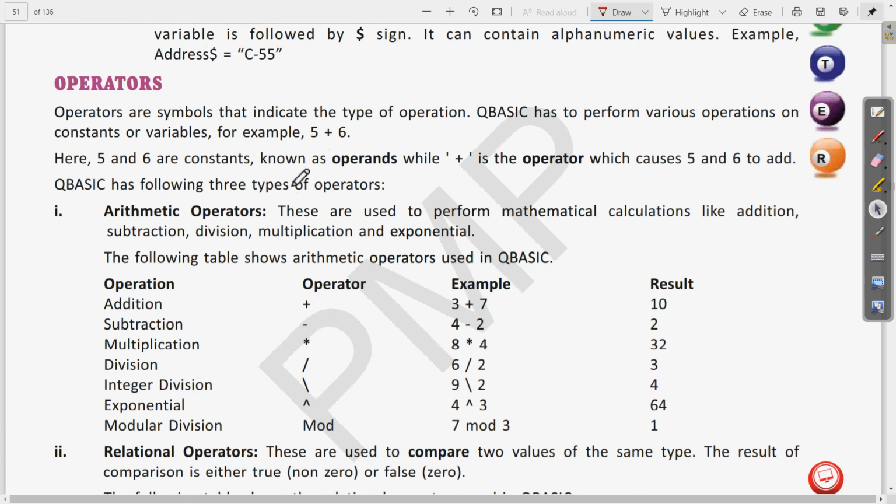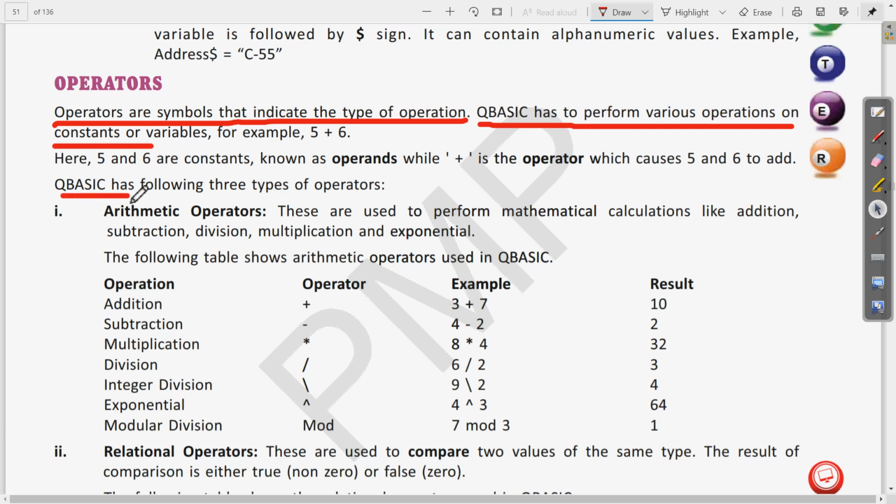Okay, so write that operators are the symbols that indicate the type of operation. Then we can write this statement also, that QBasic has to perform various operations on constants or variables. Now QBasic has the following three types of operators.